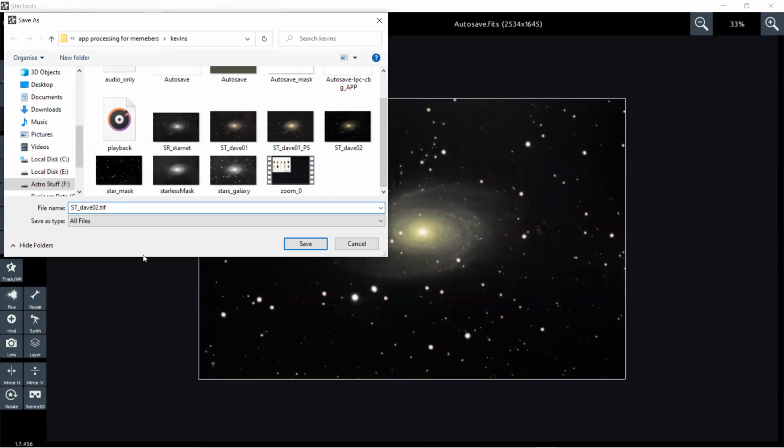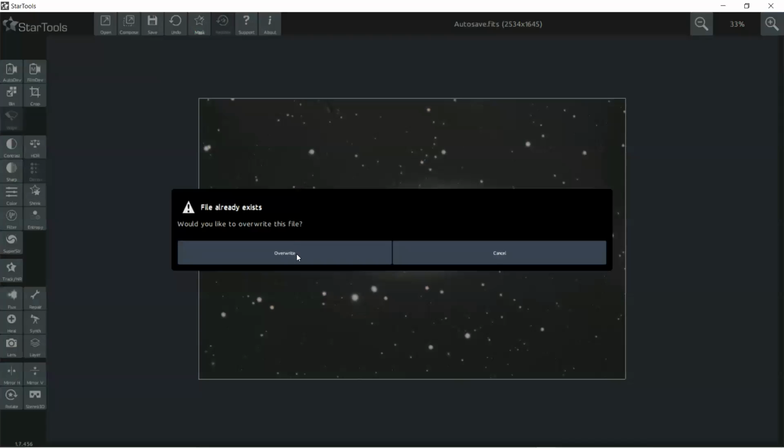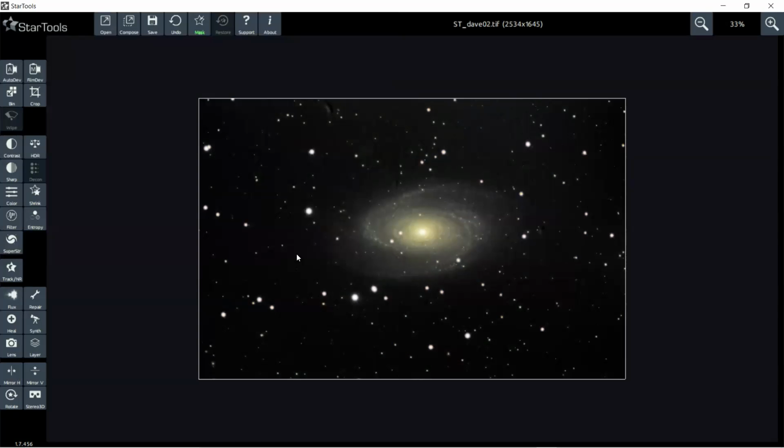You have to put the file extension on the end. Save as a .tif. I'm going to overwrite the one that's there because that's a much better image. And that, my dear friend, is that. You've now saved the image as a TIFF file, which you can